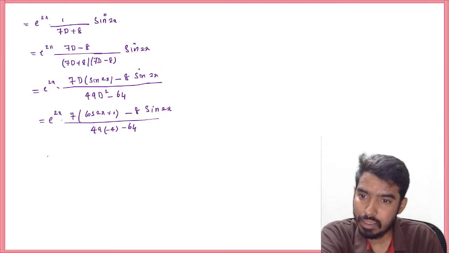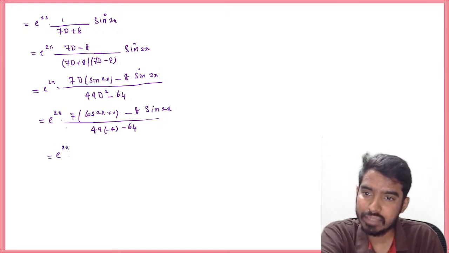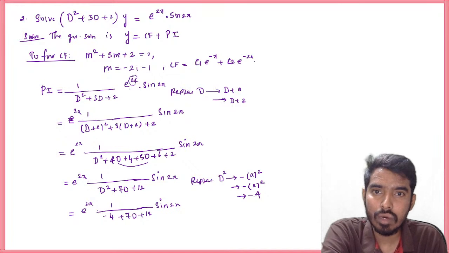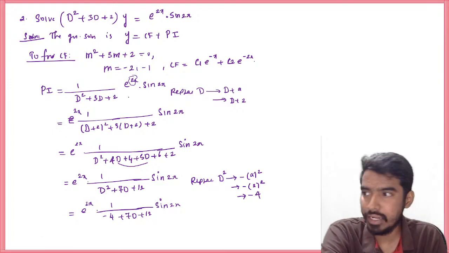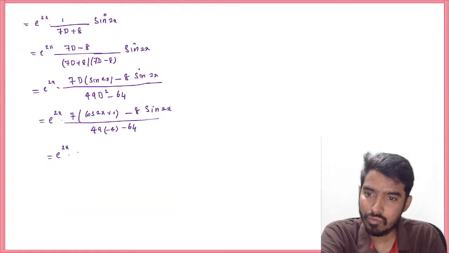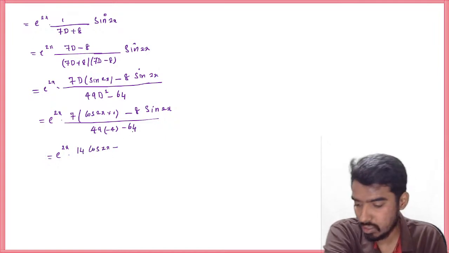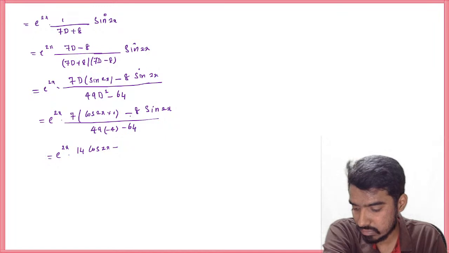So this will be e power 2x. See, the work done by this e power 2x is to replace D by D plus 2. Take this e power 2x aside, right? So 14 times cos 2x minus 8 times